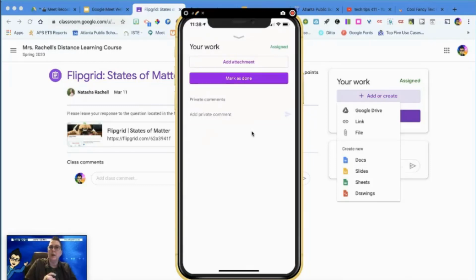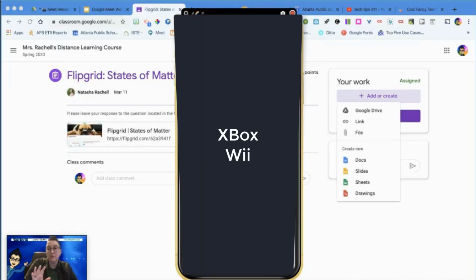I also want to talk about mobile devices. I wanted to point out a lot of our students might not have access to devices. They might not have been issued a laptop. I know our middle school students, we are not quite one-to-one, but a good number of them have devices. Our high school students got hotspots in 9th grade. If you have students that say, well, I don't have a laptop, ask them if they have a gaming device. If they have an Xbox or a Wii, most of our kids do, those actually will work